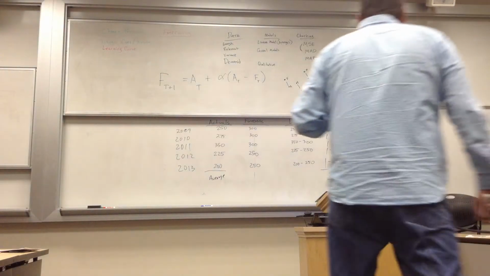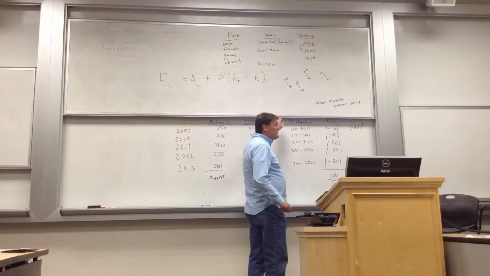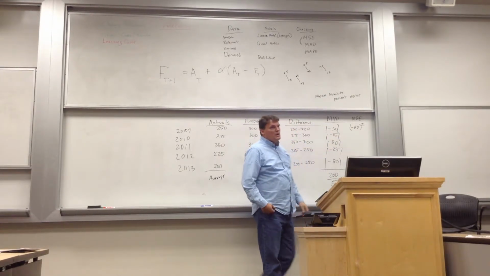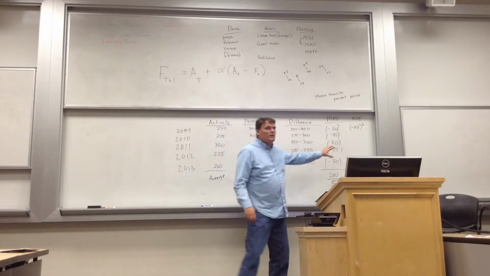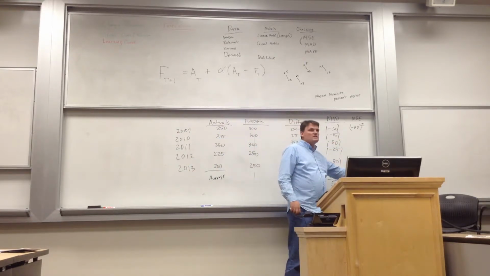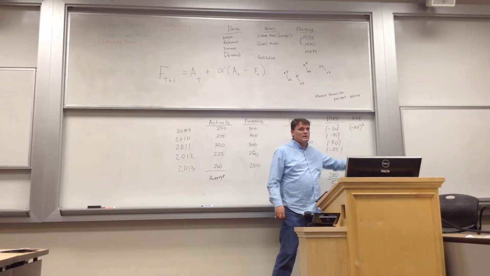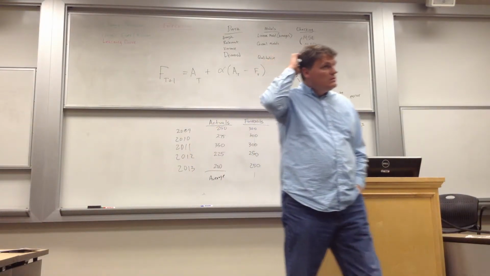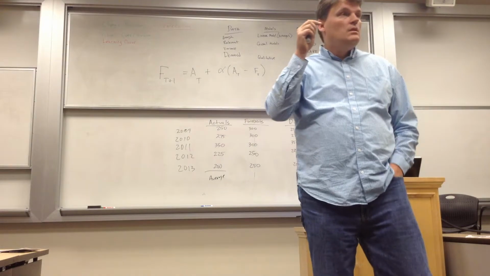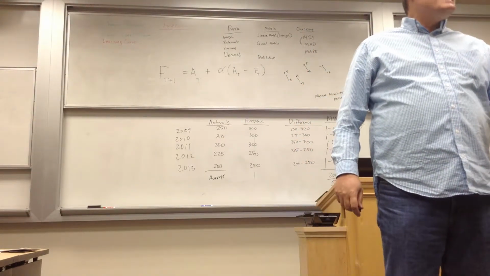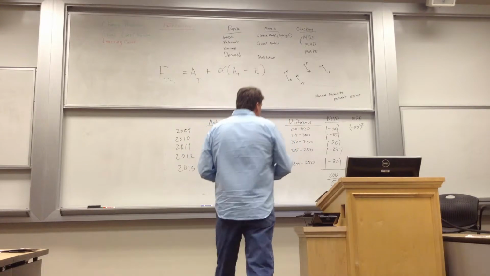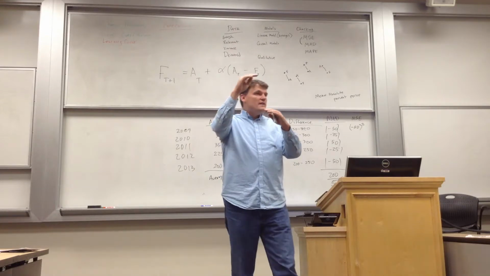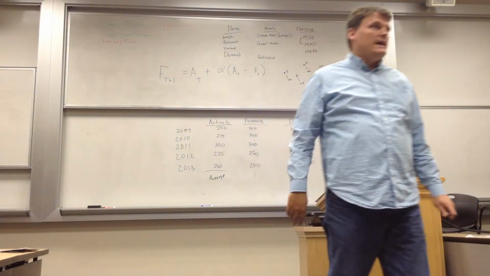MSE is the exact same thing as MAD, but you're getting rid of these negative numbers in a different way. You're going to end up with a much bigger number here. Your MSE is going to be huge. So this was 40. I have no idea what the MSE would be. What MAD is telling you is that on average, your forecast is going to be 40 units away from your average demand.